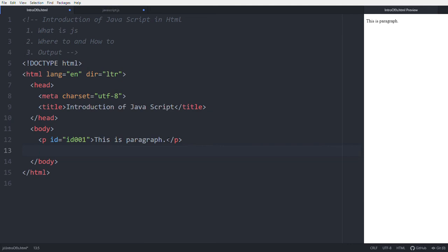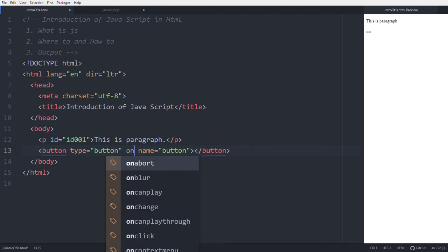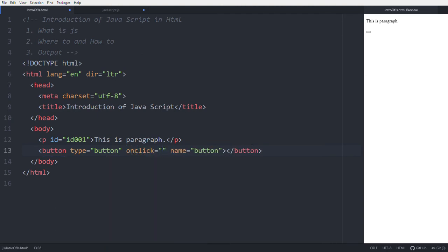If you want to make this element affected, we need to create a function for this paragraph. For that reason, we are using one button. When this button is clicked, then the function is called, onclick our function.